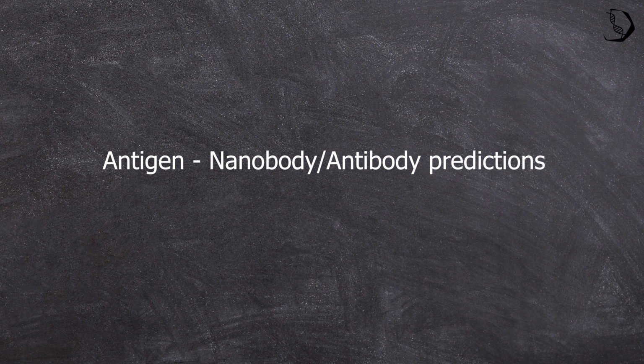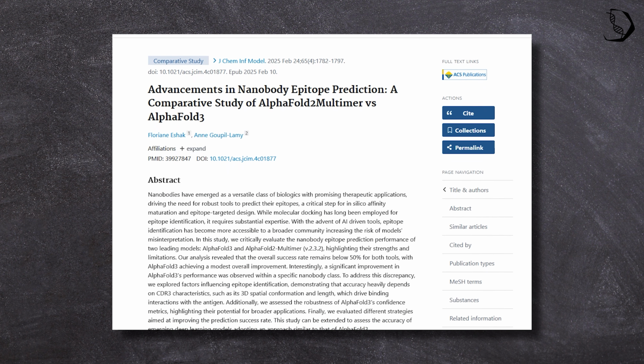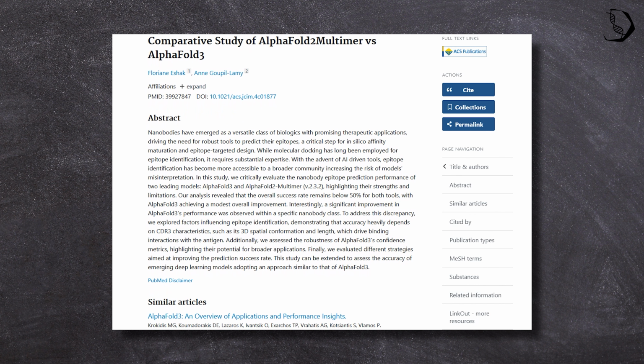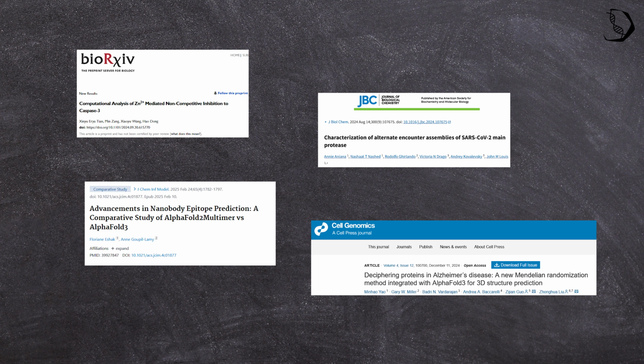And one last example. AlphaFold 3 is instrumental for nanobody-antigen or antibody-antigen predictions. For example, Eshak and a colleague used a set of 70 nanobody-antigen complexes to rank the AlphaFold 3 ability for its prediction accuracy of nanobody epitopes. AlphaFold 3 could outpace AlphaFold 2 here by more than 10%, and of course the authors also listed the pitfalls for the specific use case, which is maybe important for some companies who have a license agreement with Google DeepMind. Feel free to check out the publications to these examples so you get a better understanding of how you can apply AlphaFold 3 also for your research.